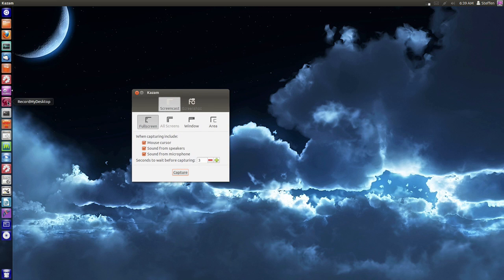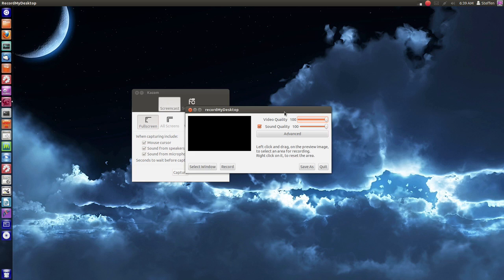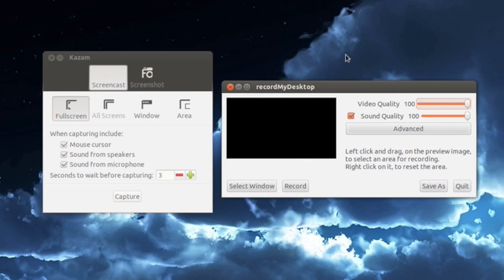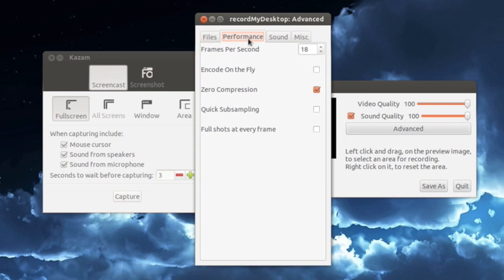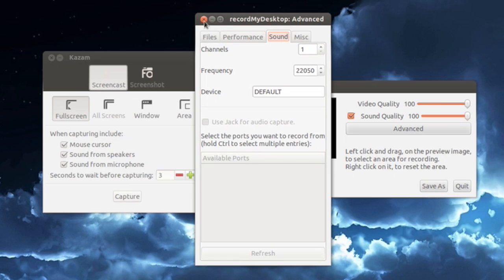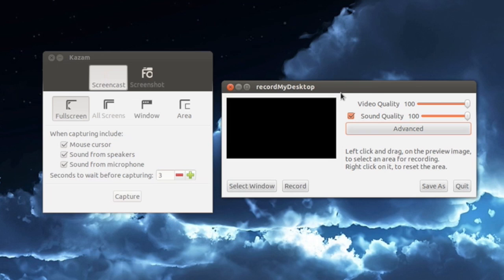The second one right here is Record My Desktop. Now I used Record My Desktop before I actually knew about Kazam Screencaster, and as you can see here, you have a few options. You can change, for example, frames per second. So Record My Desktop is also a good screencast recorder, but now the reason why I like Kazam more than